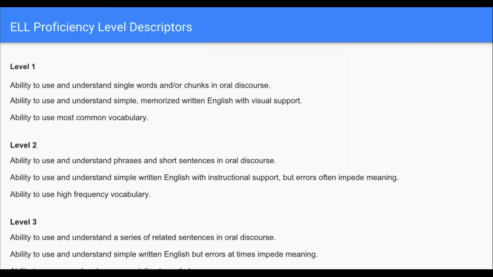Level 1 is basically understanding very simple words. So this would be a student who is pretty new to speaking English. This is actually where I would be in my Spanish. I have some memory of my high school Spanish, but very simple. For the most part, a language learner is going to be able to understand before they're able to speak it themselves. And when I was talking with some of my colleagues about this project, they made sure to remind me that they have seen